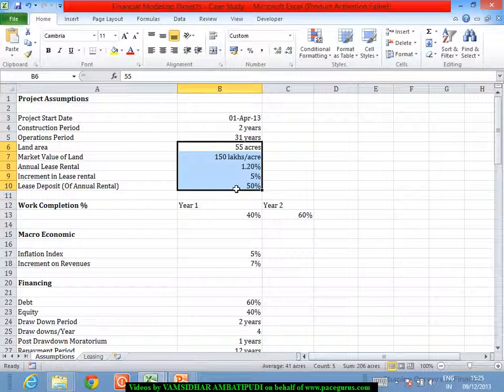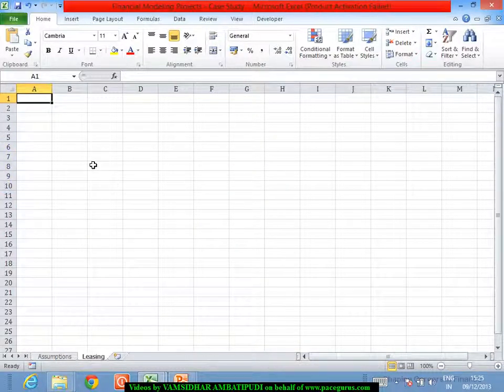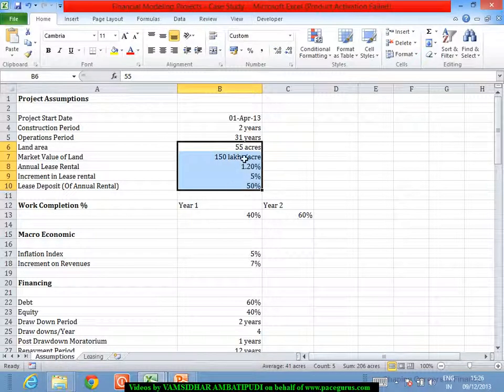So we'll try to create the annual lease and what are the expenses the company is incurring as far as the lease rentals and the lease deposits are concerned. All these things will take up. But before we do any detailed calculations, some of the things I would prefer to be there as a part of the model is, pull out your year number. See, as I said, everything needs to be dynamic.